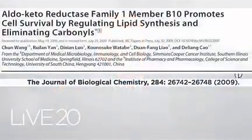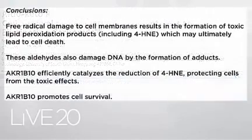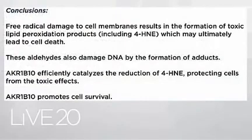These two papers were published within the last year. Again, rapidly moving scenario. And look at this title. This gene, AKR1B10, promotes cell survival, sounds good, by regulating lipid synthesis and eliminating carbonyls. Well, you may not know what carbonyls are, but carbonyls are related to T-bars, which you have heard before, lipid peroxidation products. The conclusions of these two papers is that this